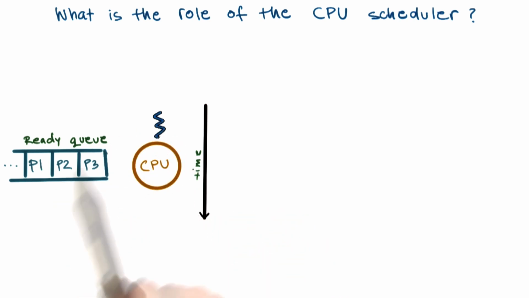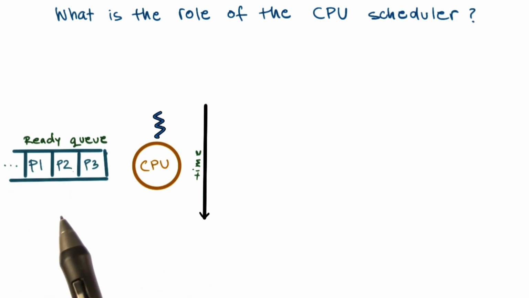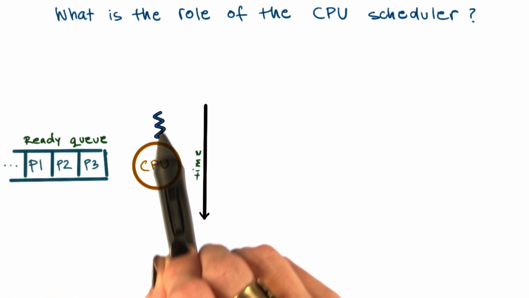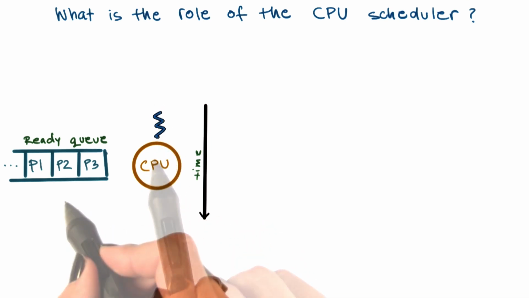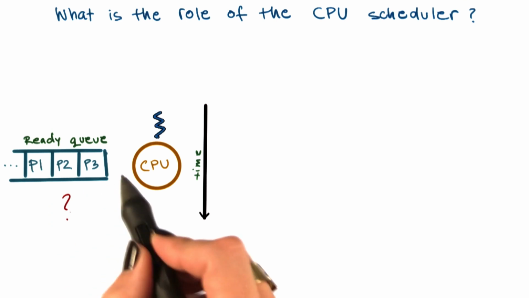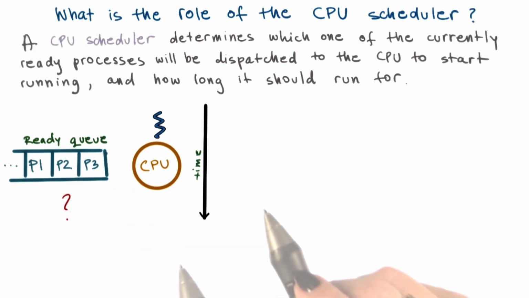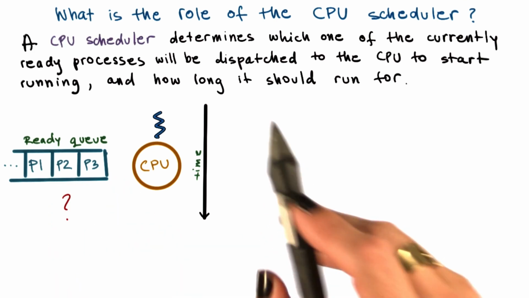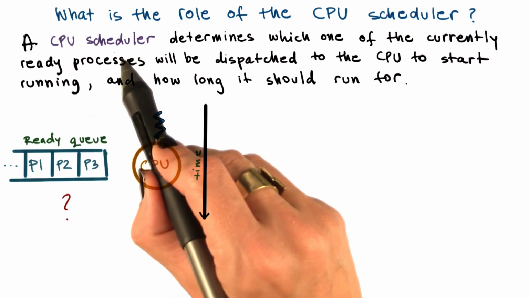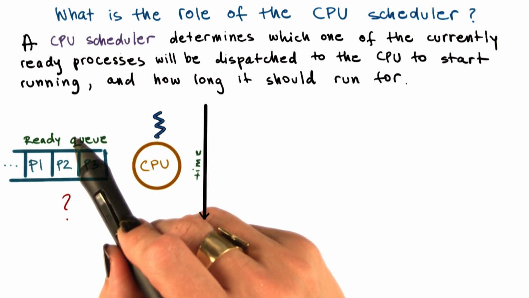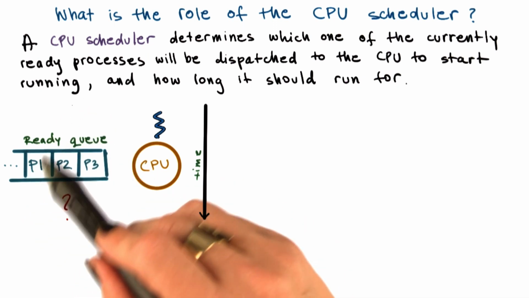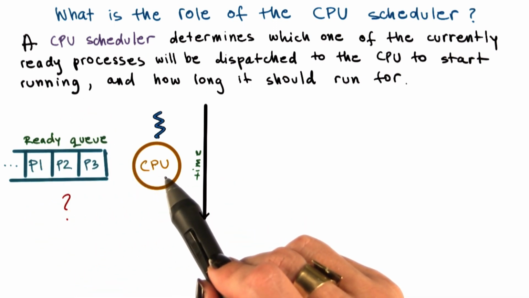on the CPU? This is a simple diagram where we have a ready queue with several processes waiting in it. There's the CPU, which has currently one process scheduled on it. So the question is, which process do we run next? This is determined by a component called the CPU scheduler. The CPU scheduler is an operating system component that manages how processes use the CPU resources.